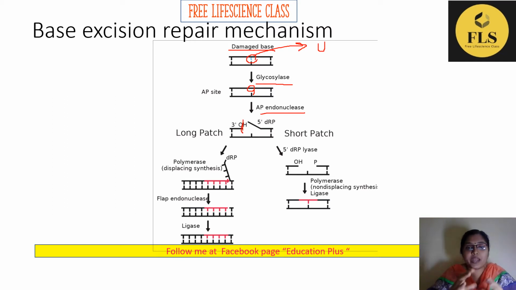So what happens when a break is formed? Now our DNA polymerase can move through this break so that it can synthesize DNA from this end. A free OH end is there, so that the DNA polymerase can add nucleotides. So this portion will be removed, and the DNA polymerase fills the gap by adding nucleotides. Okay, so these nucleotides are added.